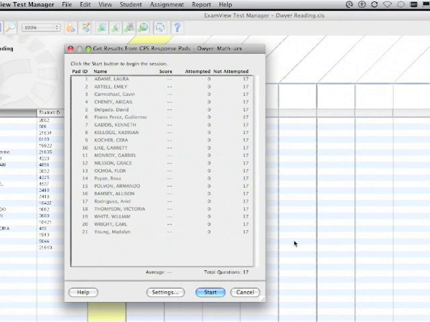And now it's ready. When I click Start is when I'm starting the tests. And when I click Start, for long the screen turns white, and now your clickers are activated in an